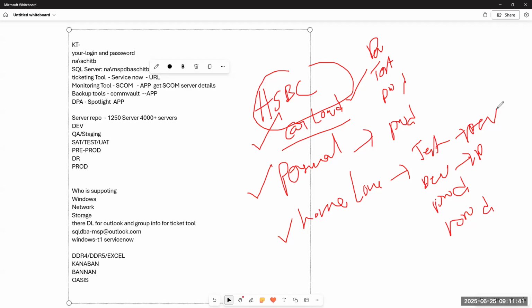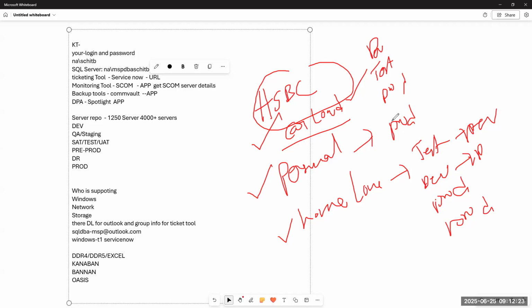Like prod, non-prod, we used to maintain almost 1700 to 1800 servers. DR, we used to maintain like 300 to 400 servers. Overall, we used to maintain 2000 servers. Out of all, production servers will be 600. See, does every production server need DR? No. That depends on the application, sir. We can't guarantee that every production server has DR. Until you go to that repository, we don't know, sir. So that is how we will deliver it to the interviewer.